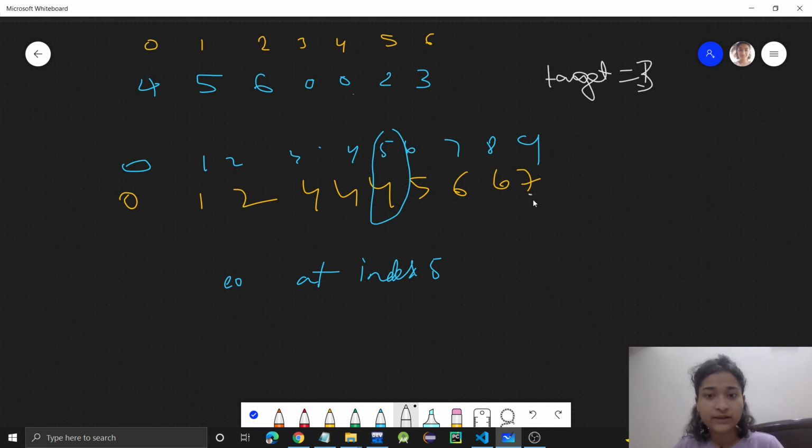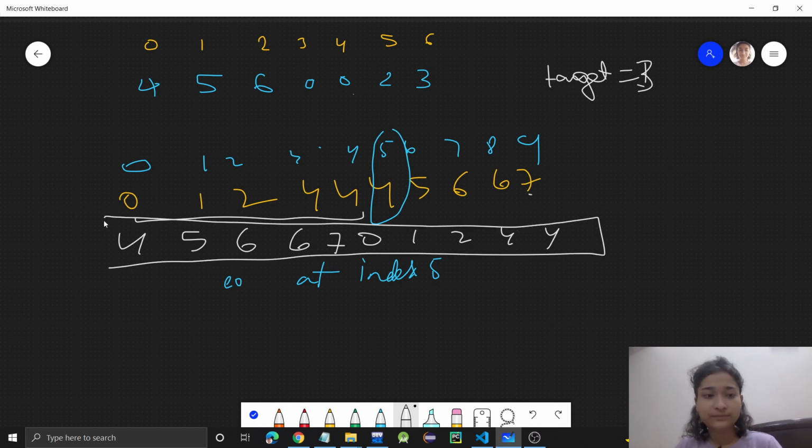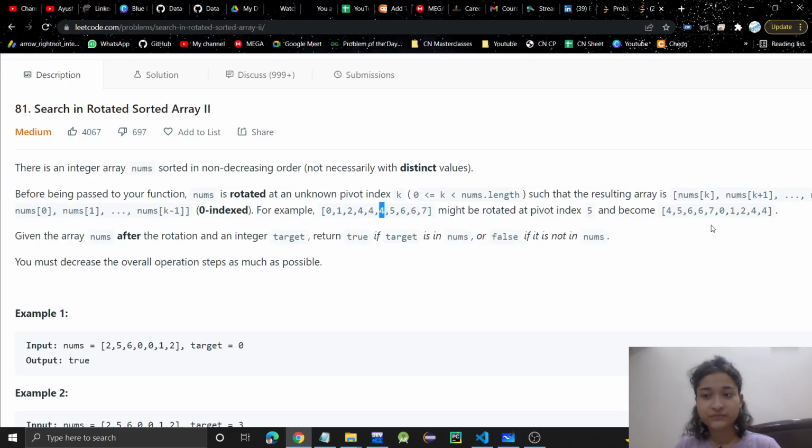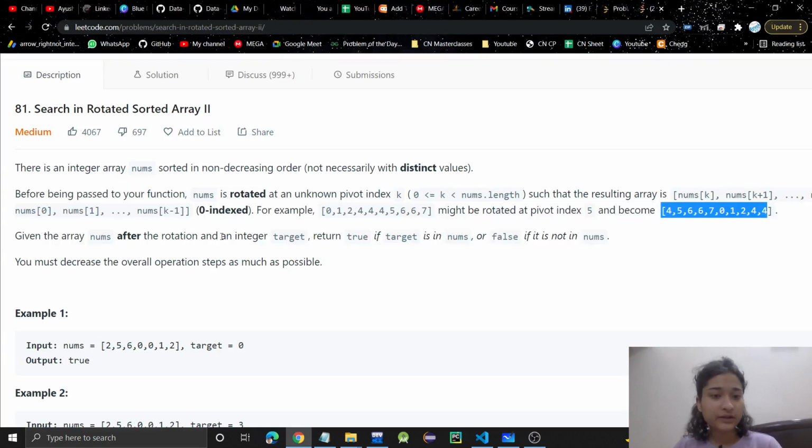So 7 will come here, 0, 1, 2, 4 will come here, and this will come here, 4, 5, 6, 6, 7. Something like this, the array will become. Okay, so this is what they are doing.